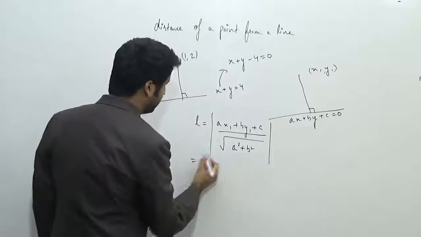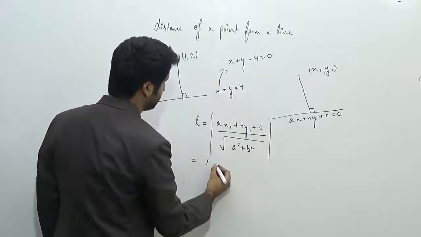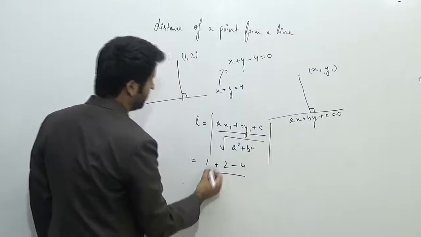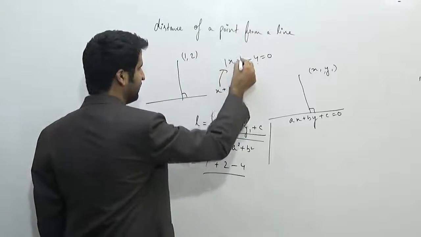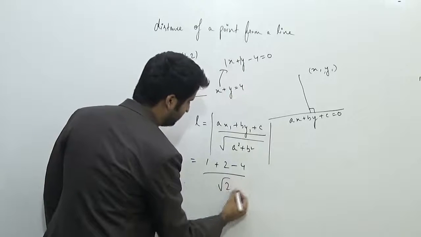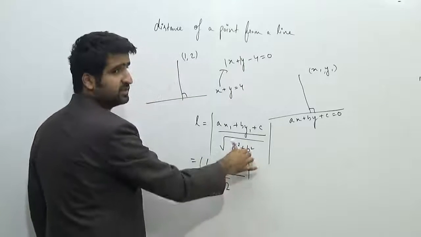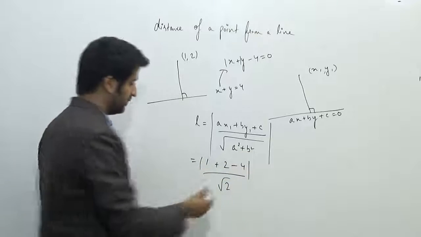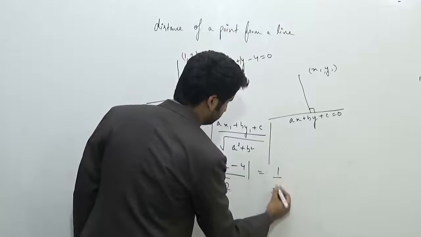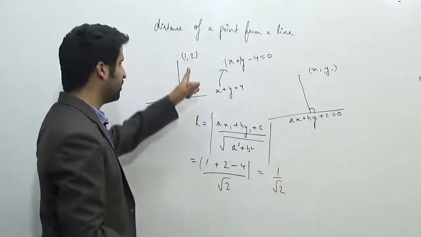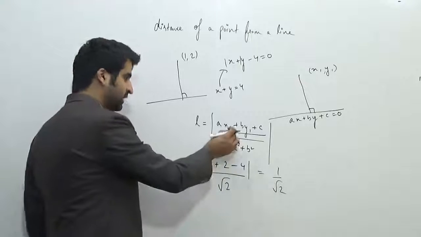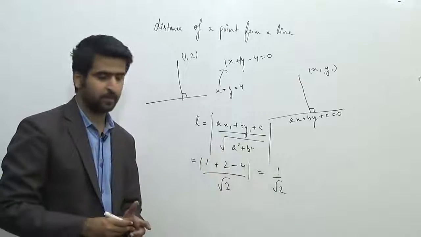Okay, so what we'll do is 1 plus 2 minus 4 divided by, what is the coefficient of x and y? 1 and 1. So this will be under root 1 square plus 1 square, which will be equal to under root 2. So this will come out to be 1 upon root 2. So the distance of the point 1 comma 2 from this line is 1 upon root 2, which we simply get from this formula. Okay, so this